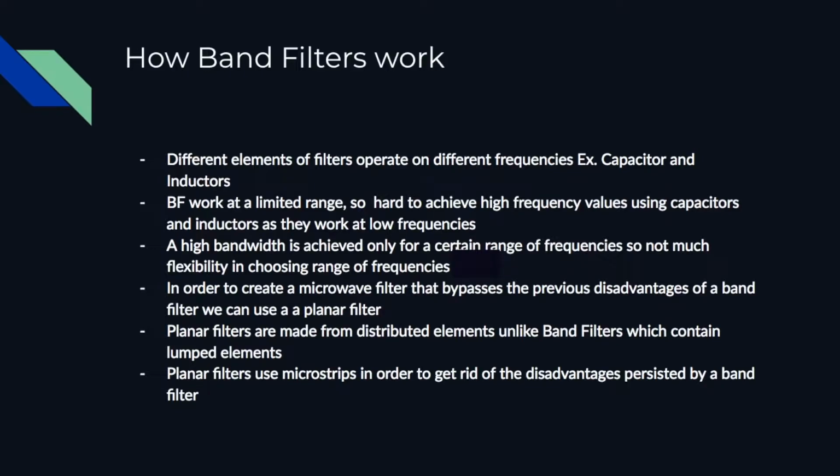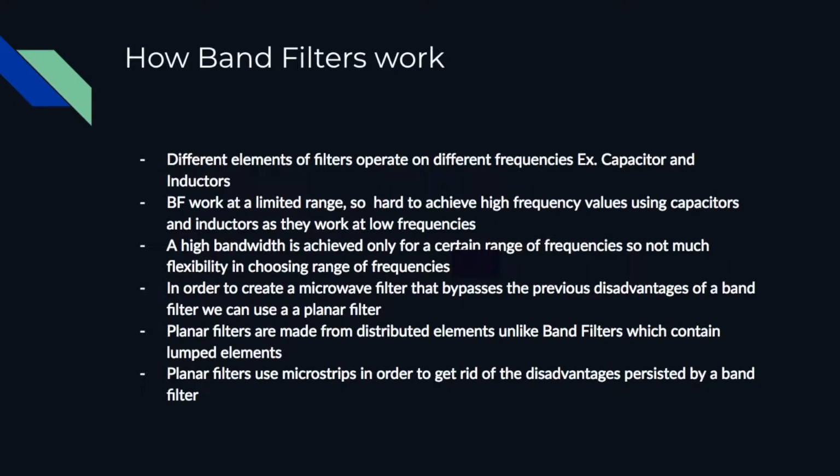And what's so great about using microstrips is that they get rid of the disadvantages that a band filter contains, because when connected in series, microstrips act as a capacitor, whereas when in parallel they act as an inductor. So as a result, what these microstrips allow us to do is achieve high frequencies that we would not be able to with a band filter, as well as because they're not lumped and they're distributed, the signals don't concentrate at one point, whereas for a band filter they do concentrate